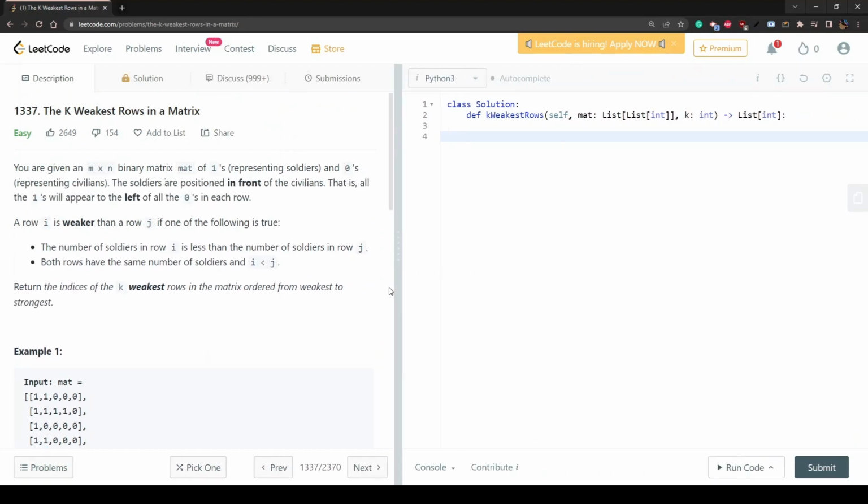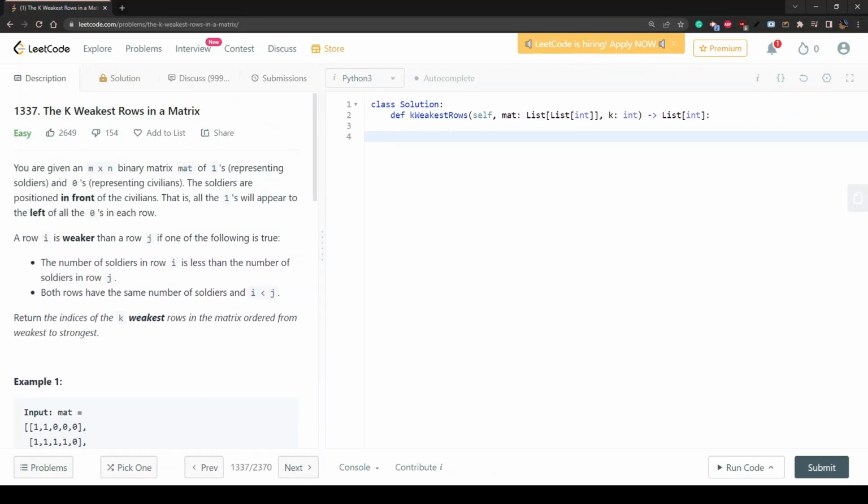So let's now try to code this. We'll go through a simplified version and a more efficient version. A simplified way of doing it is that we could set up a temporary list. I'll just call it temp. And then we can go through all the rows and values in the matrix. So we could use the enumerate function, which basically returns a tuple of the index and the value of that index. So we can do something like for row